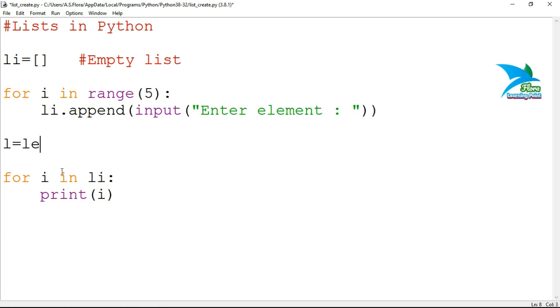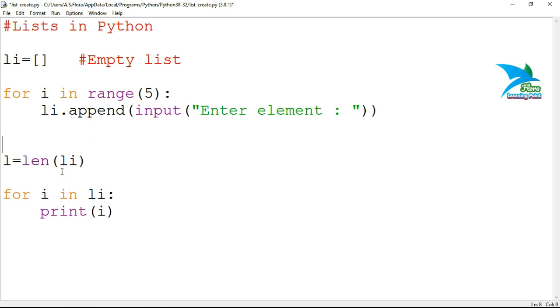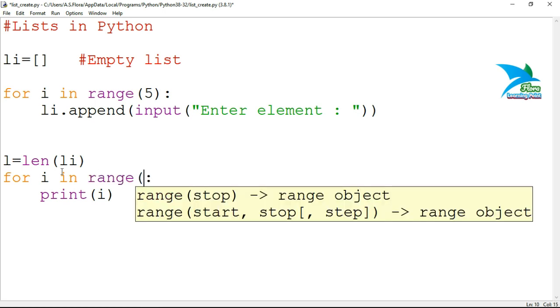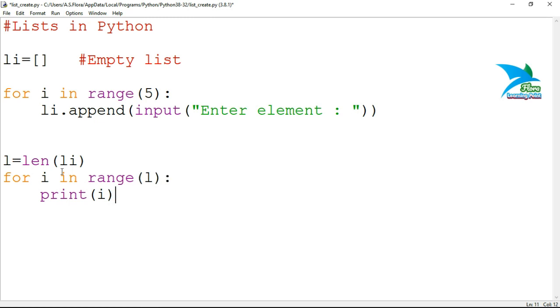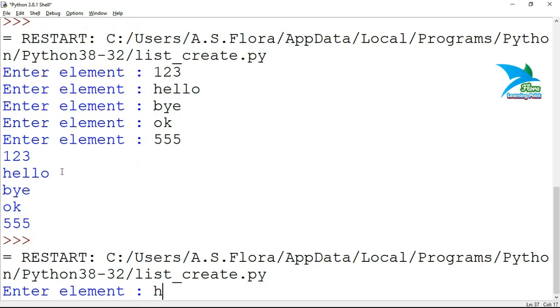So I'll declare a variable like l is equal to len(li). It will return the size, that means the number of elements available in the list. We have to run that loop according to the number of elements, so that means in range(l).